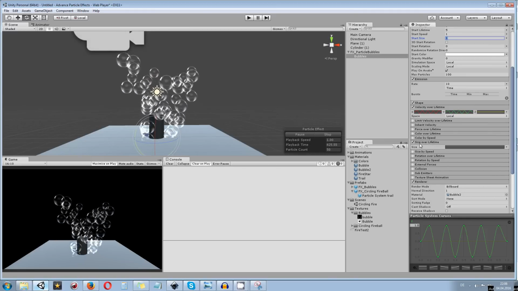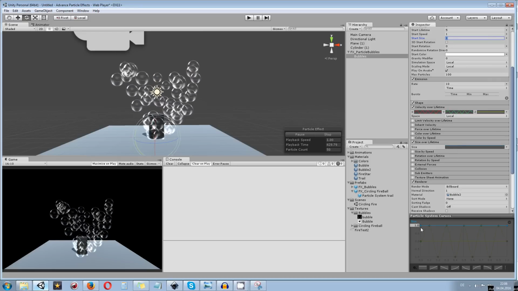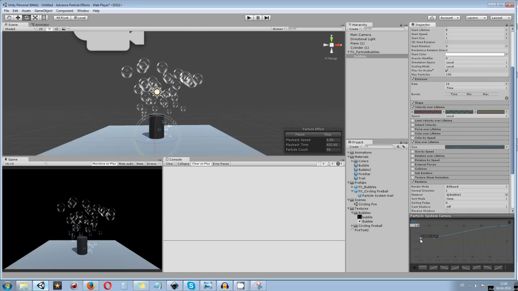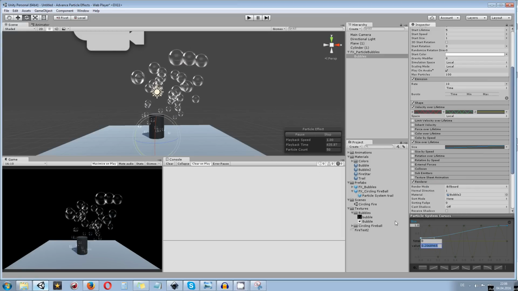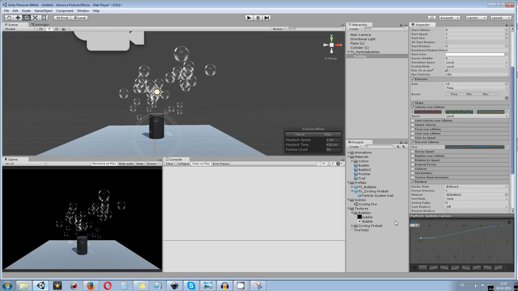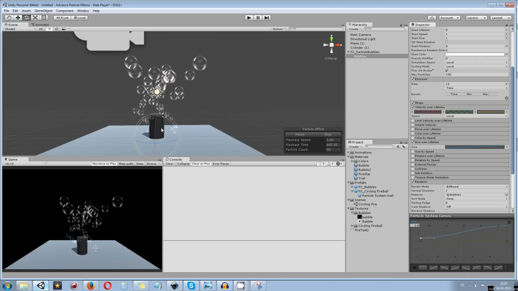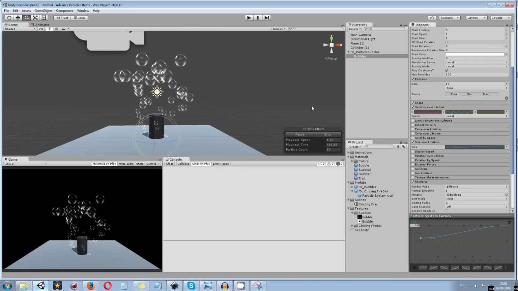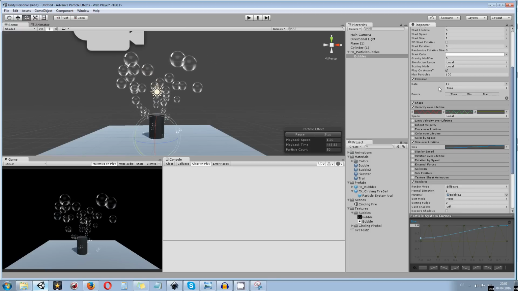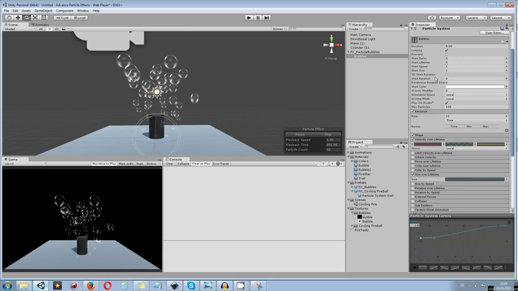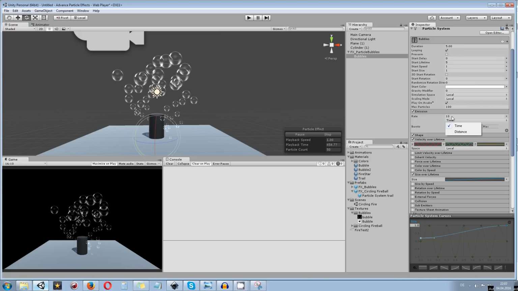The next thing is, I want to create a size over lifetime. So I want to start small and turn out big. So I take the first point and drag this down to maybe 0.2 or something like that. Again, you can always go in and edit the key to 0.2, at time position 0. Now you can see they are starting small at 0.2 and go up until they are at 1. Another thing is, you can always go and change the rate of the spawning, the duration of the spawning, and all the other things, but we basically don't need to.